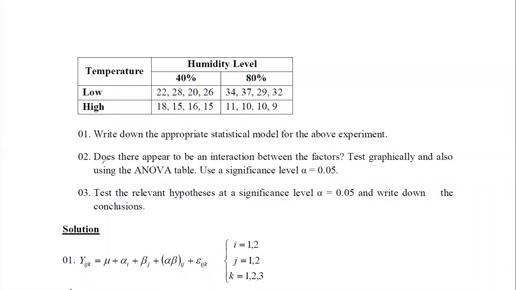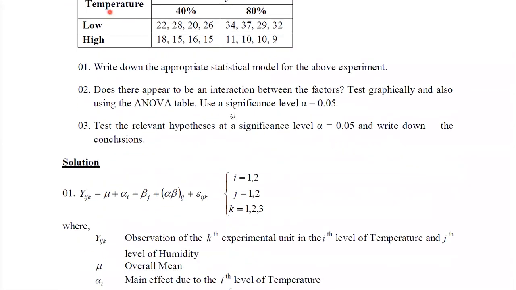For the first part, we can say that the two-factor factorial design is used here. Now you can see the model. I is for the factor level A; there are two levels of factor A, and J is for factor B, again two levels of factor B. There are four observations, therefore K is going from 1 to 4, since I have used 1, 2, 3, and 4 observations inside each combination.